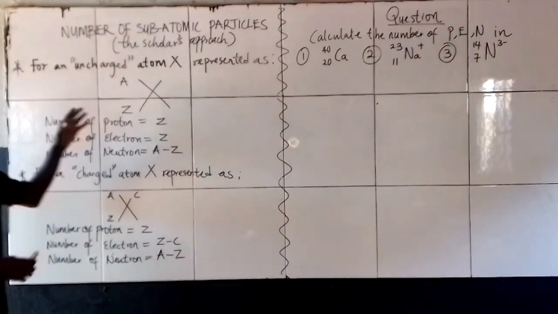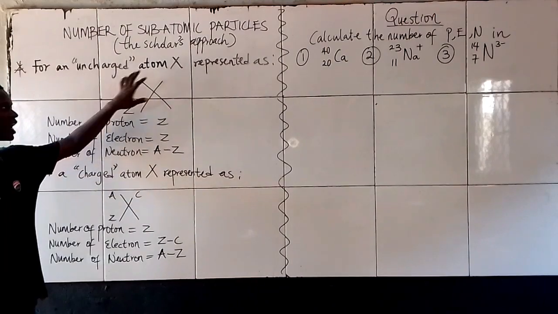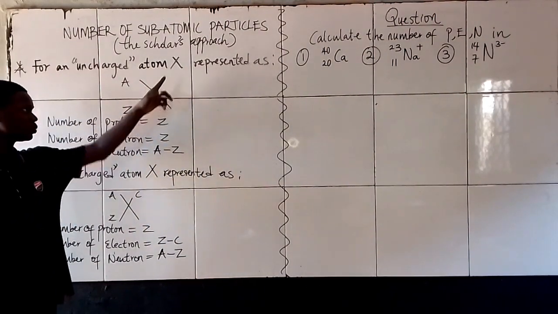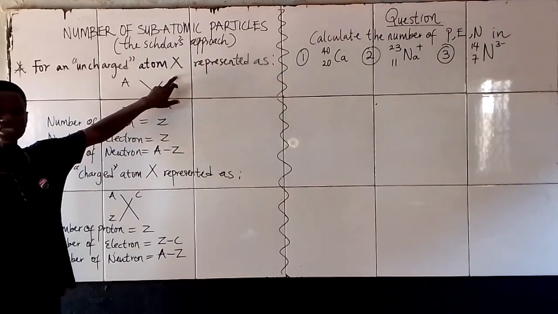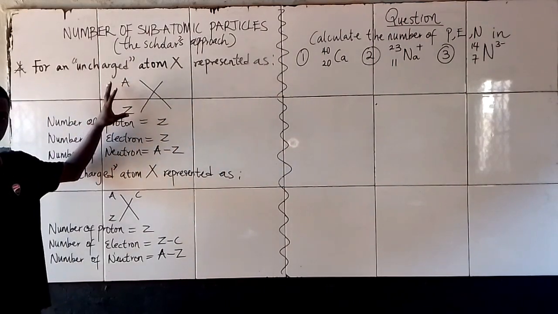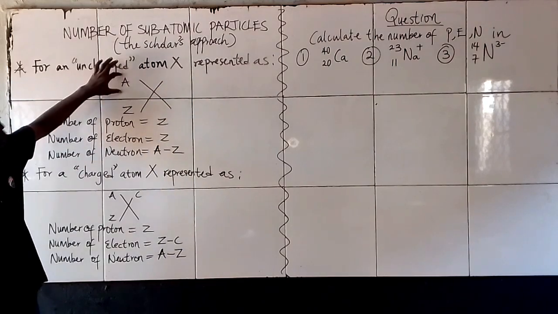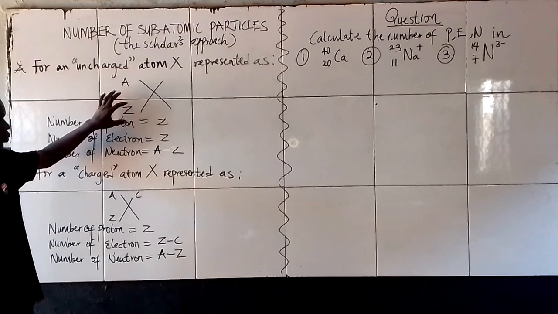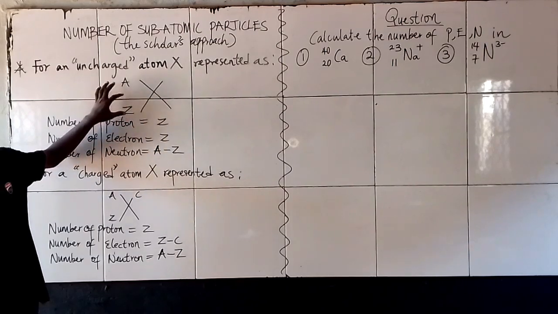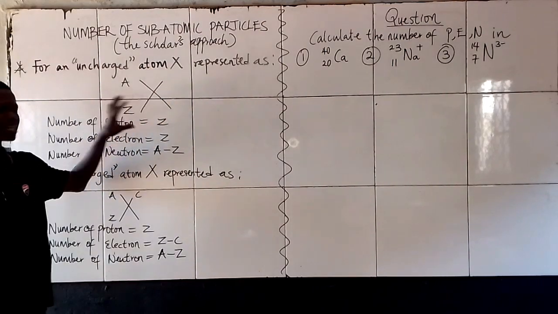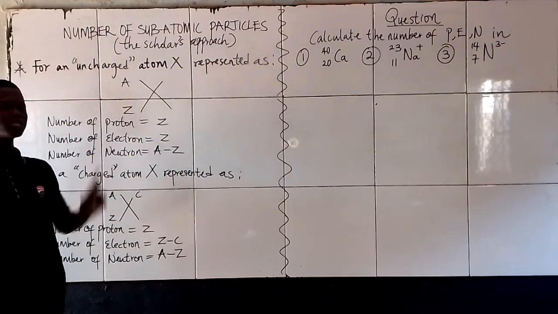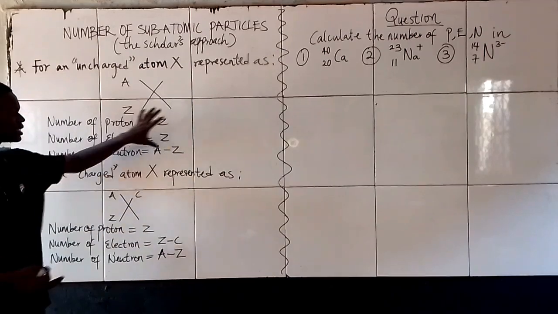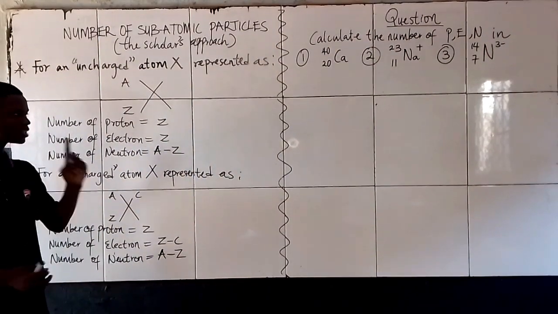Now, looking at this, I said for an uncharged atom, emphasis on uncharged. That is, the atom we are talking about, which is represented as X, does not carry a charge. Now, if this is how the atom looks, with no charge, we know this will be the atomic mass, or we say the mass number. And then we know the Z as the proton number, or what we say the atomic number. So if this is an uncharged atom, how do you get the number of protons, the number of electrons and the number of neutrons? These are the formulas for it, provided the atom is